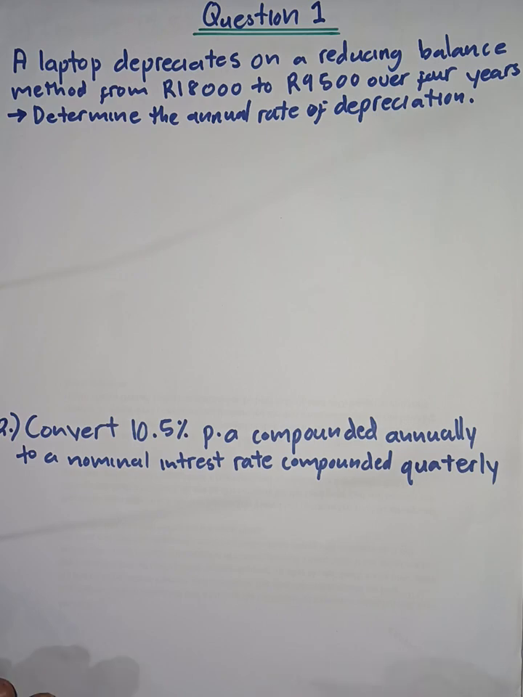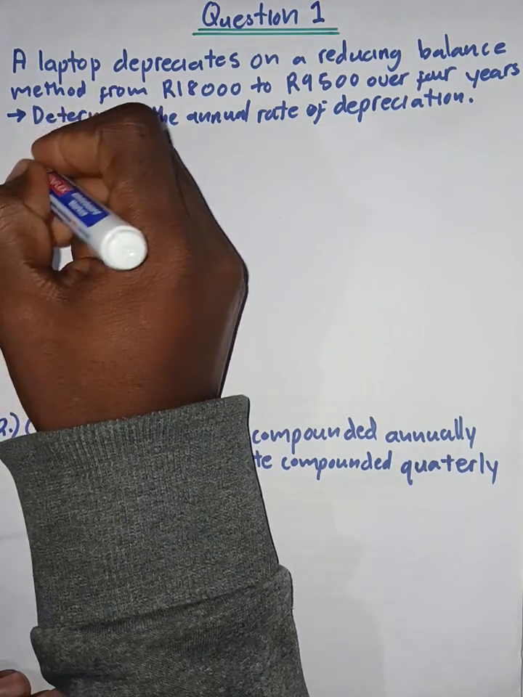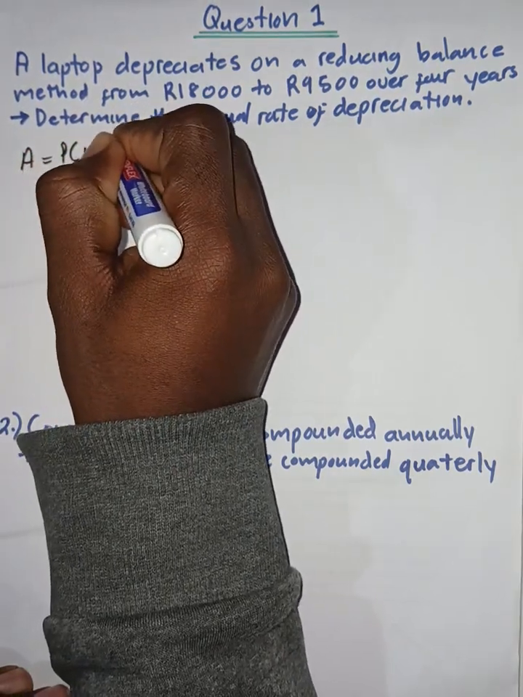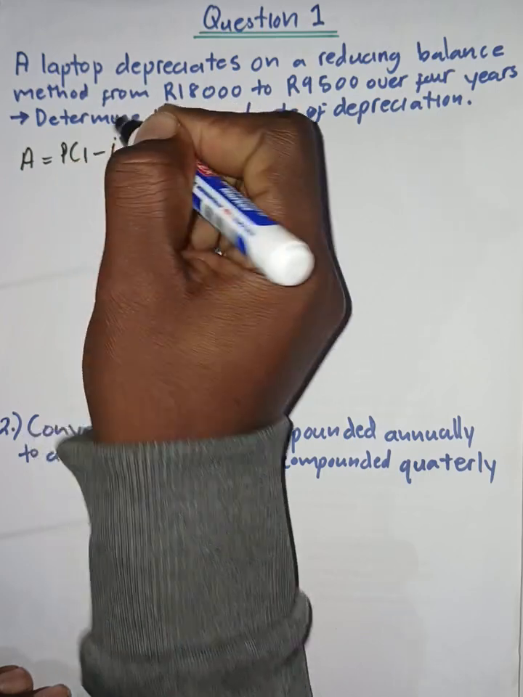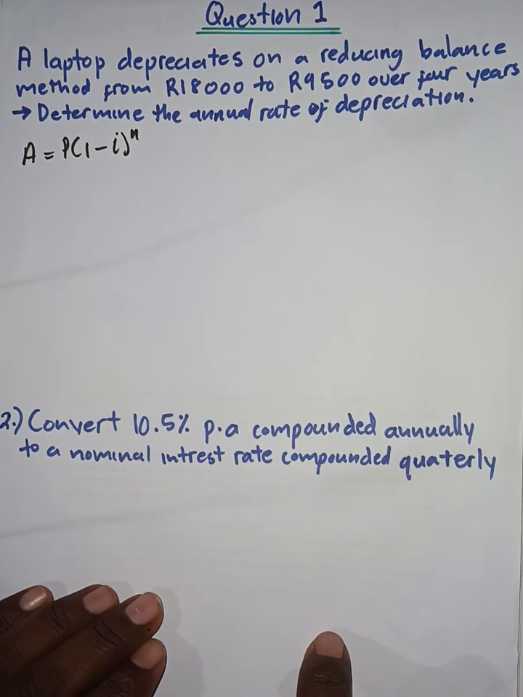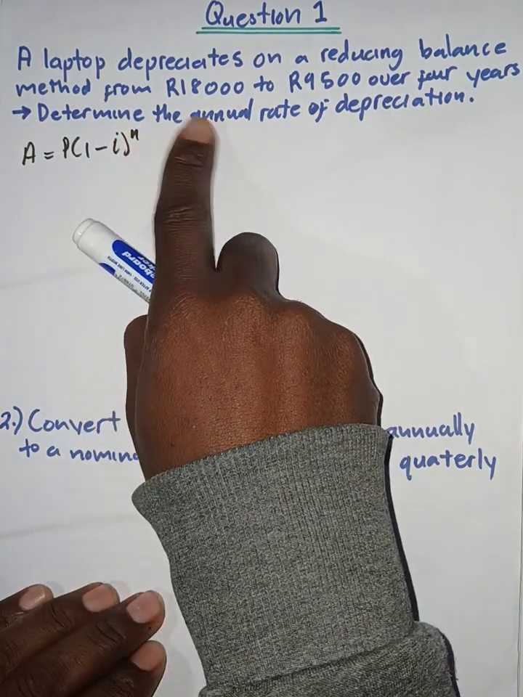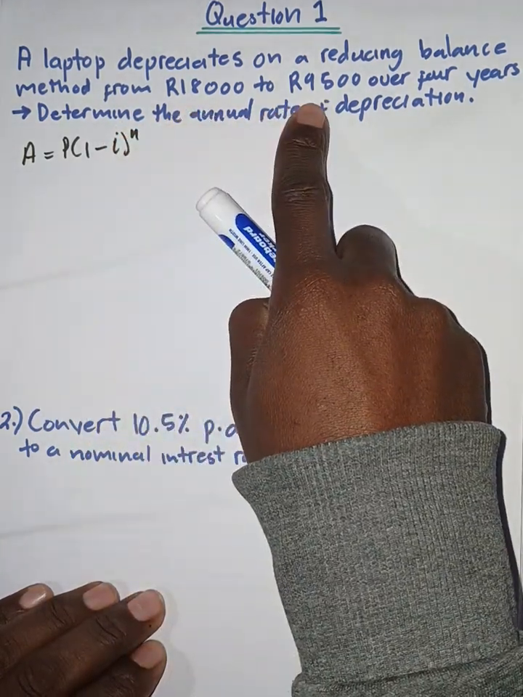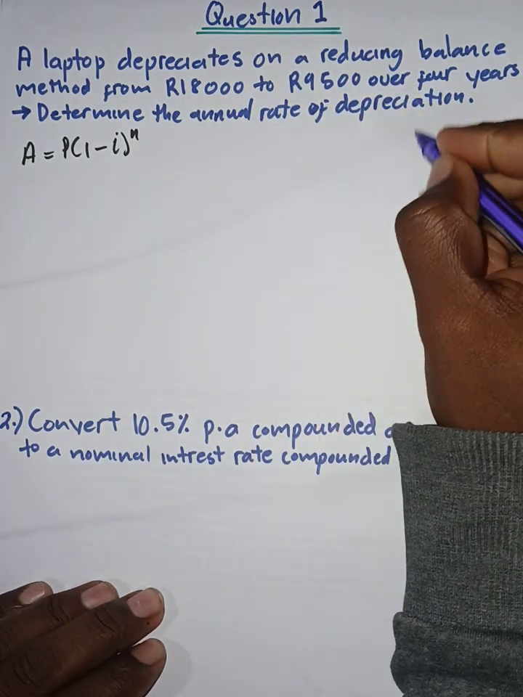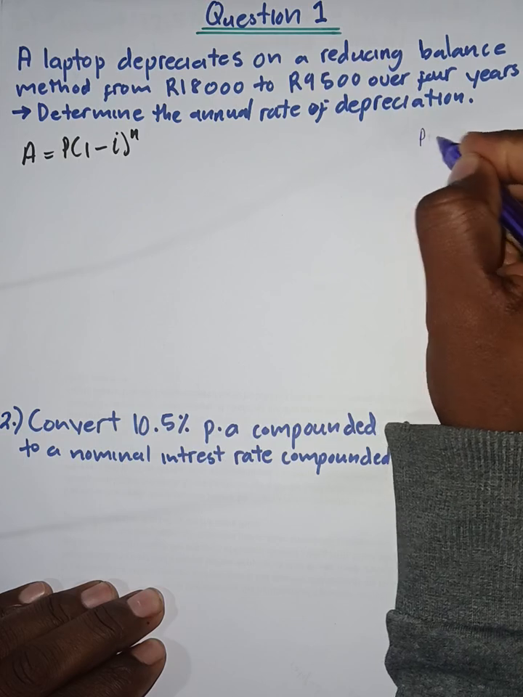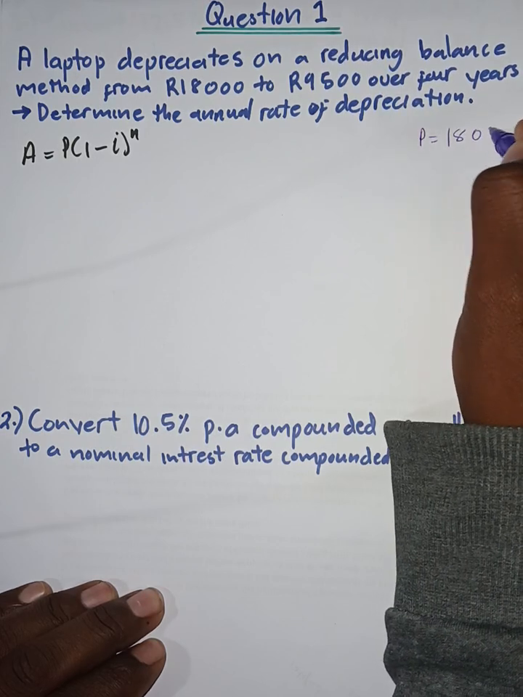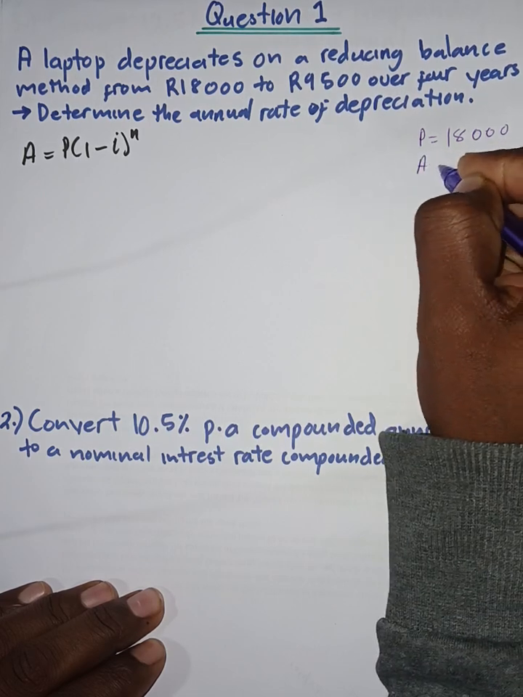So we know that this is a reducing balance. So we know that the formula for that would be A equals P(1 minus i) to the power n, right? And they say a laptop depreciates on a reducing balance method from 18,000 to 9,500 over 4 years. So we know that initially this laptop was worth 18,000. So initially that would be P, right? So P would be 18,000, and at the end we know that it was worth